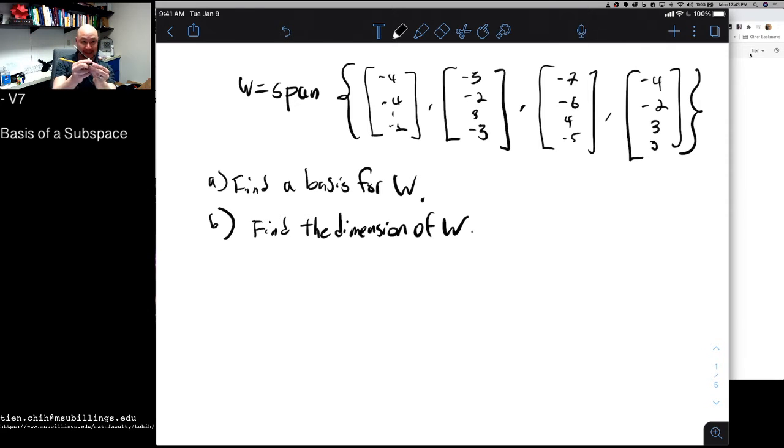So to analogize what's happening here, let's say I'm in R3, and I pick these three vectors and take every possible way to combine them and see whatever space that makes, and I end up with this flat plane, right? But do I need all three of these to be a basis? No, right? Because this vector here is redundant. I can get rid of it, and I'm left with these two vectors, which works perfectly fine. As a basis, I get the same plane, and in fact, this is a basis because these two vectors are linearly independent. When I put this one in, it's not, right? And so